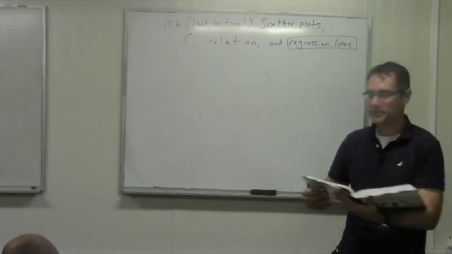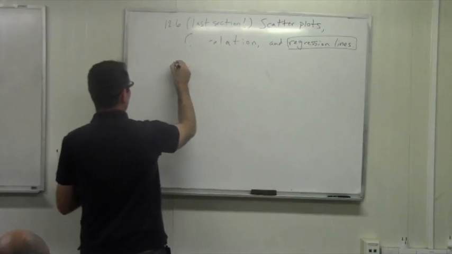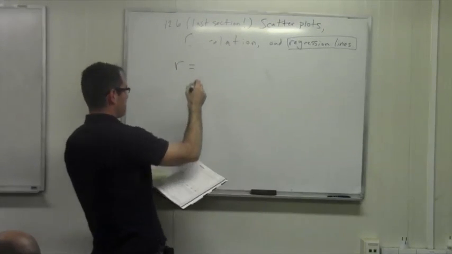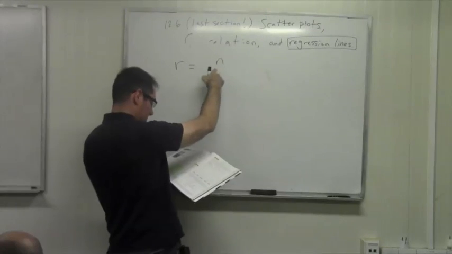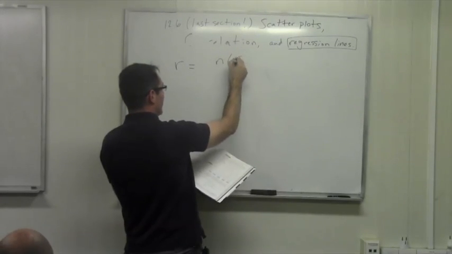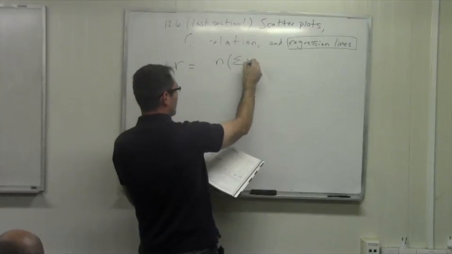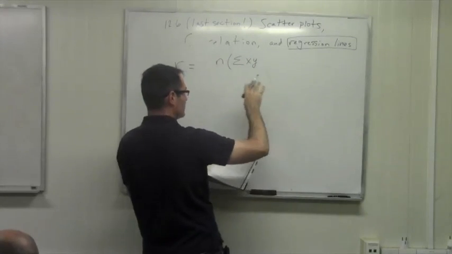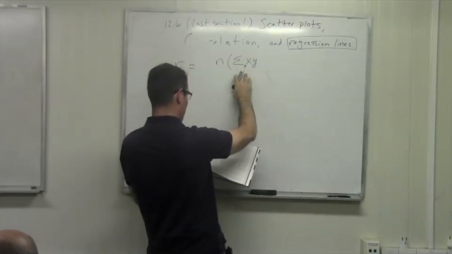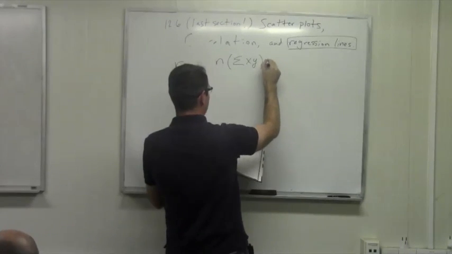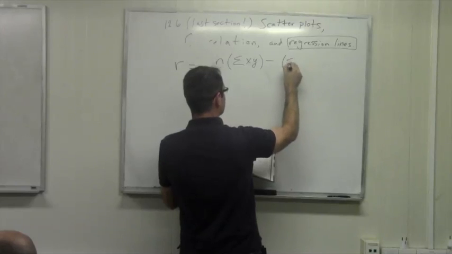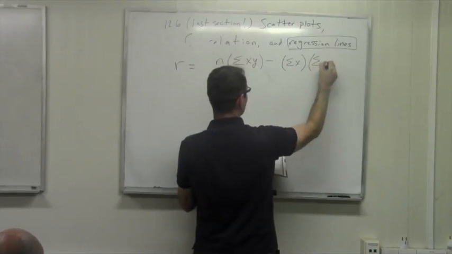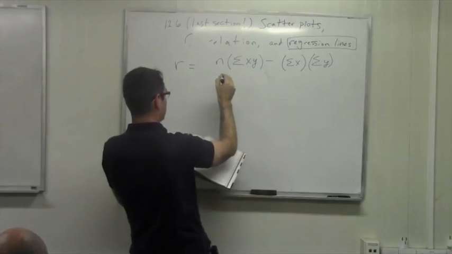So here's the formula to figure out R. And now you know why you don't actually have to do it. If you want to figure out R, here's what you do. You take the number of samples that you have times the sum of each x and each y. You don't even have to write this down, just observe. Hopefully I have room on the board to write it all. Sum of each xy minus the sum of all the x coordinates times the sum of all the y coordinates